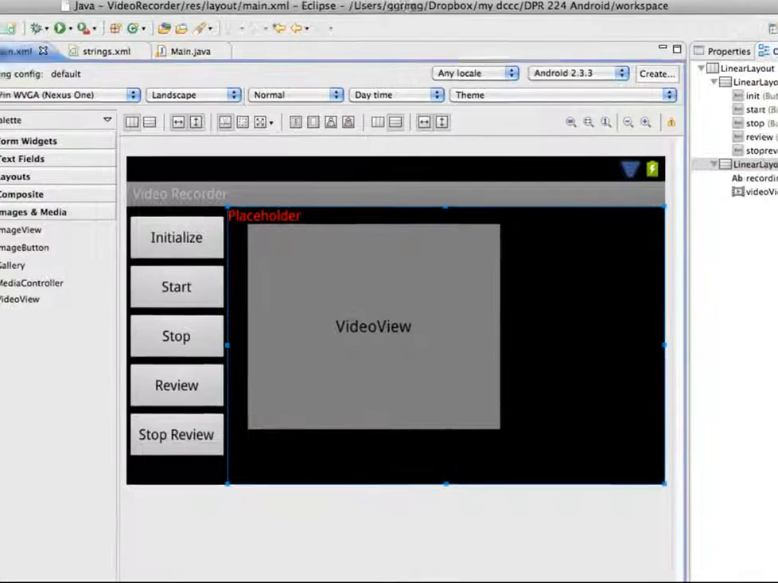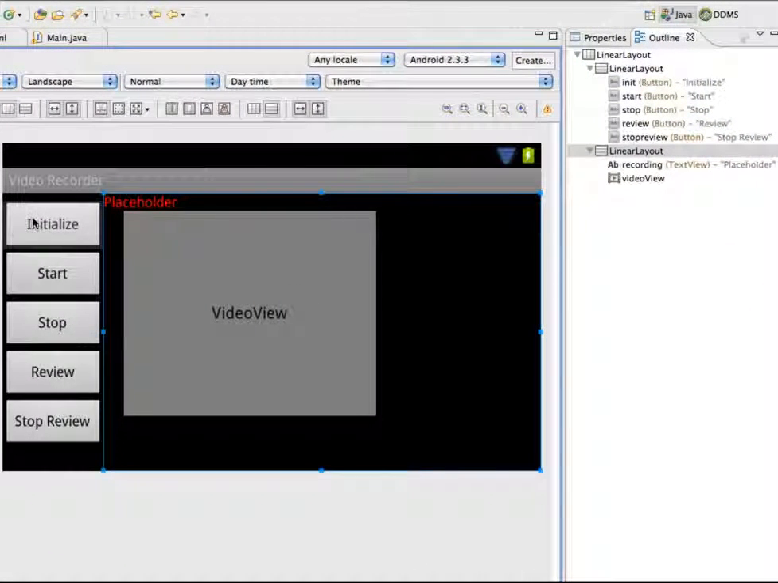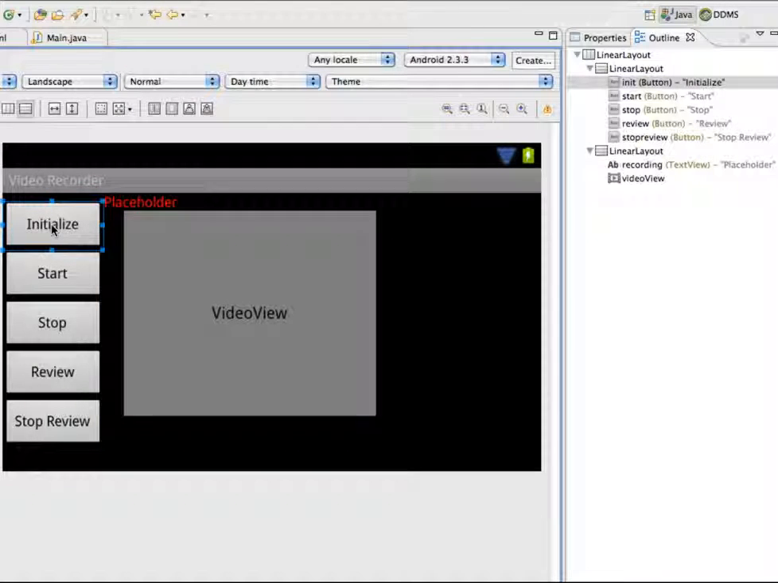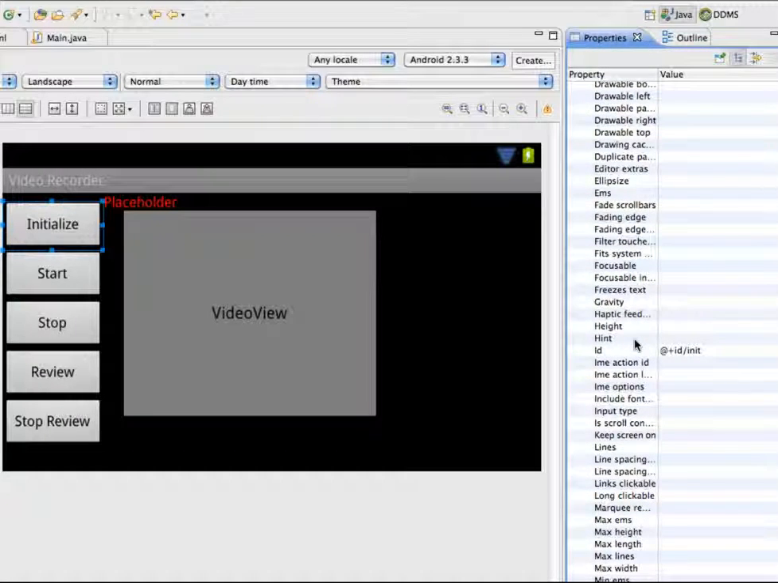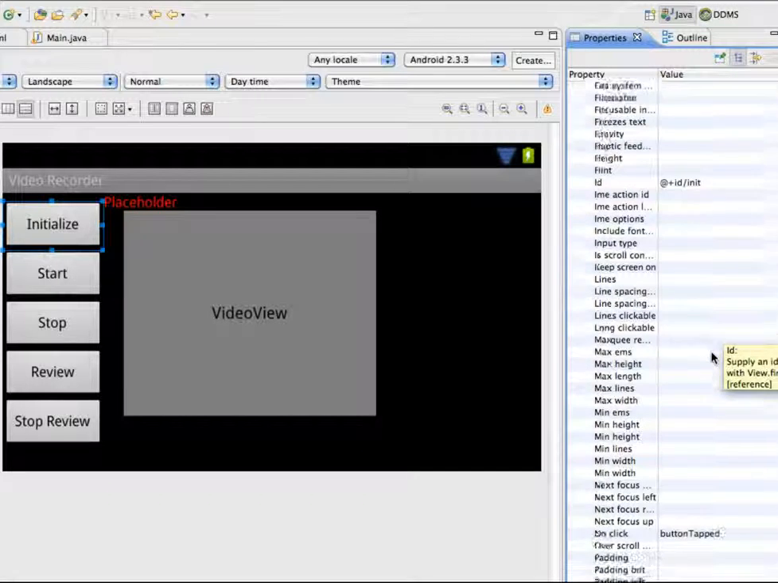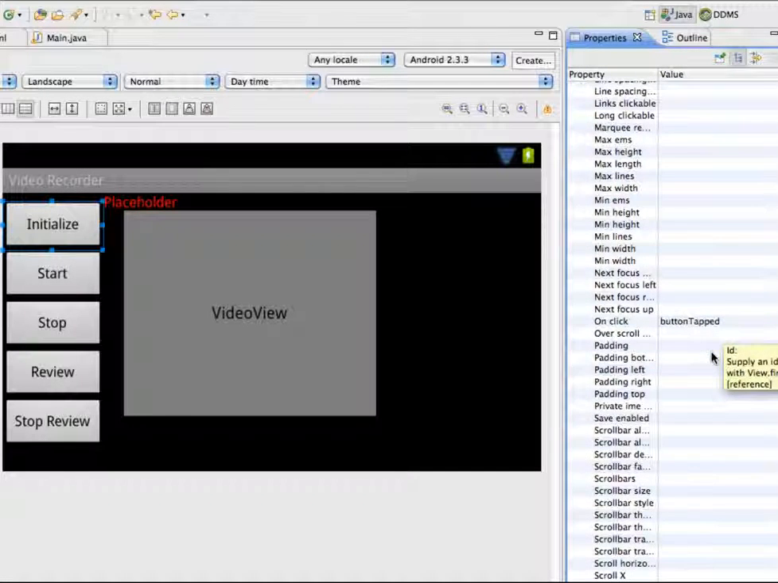And also each of these buttons, let me point out how these are set up. They each have their own unique ID because we'll be referencing those in our code. And they're also all set up to go to the onClick for buttonTapped. So when each of these are tapped, it's going to do the buttonTapped method that will be in our main Java. So this is very similar in structure to the audio recording example that I had in a previous